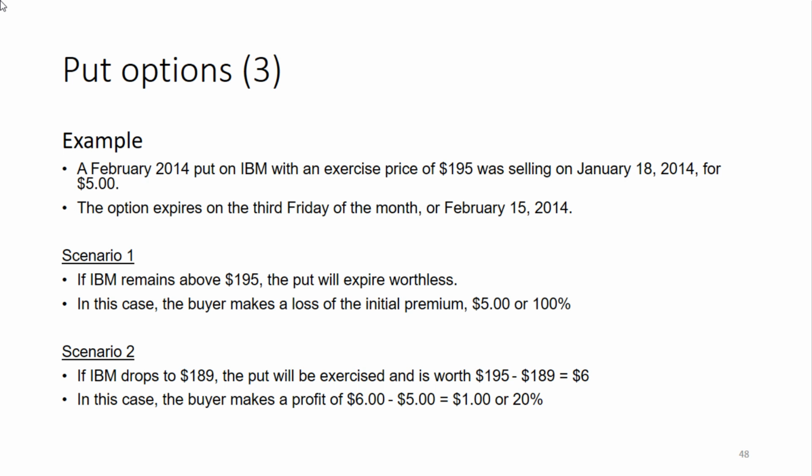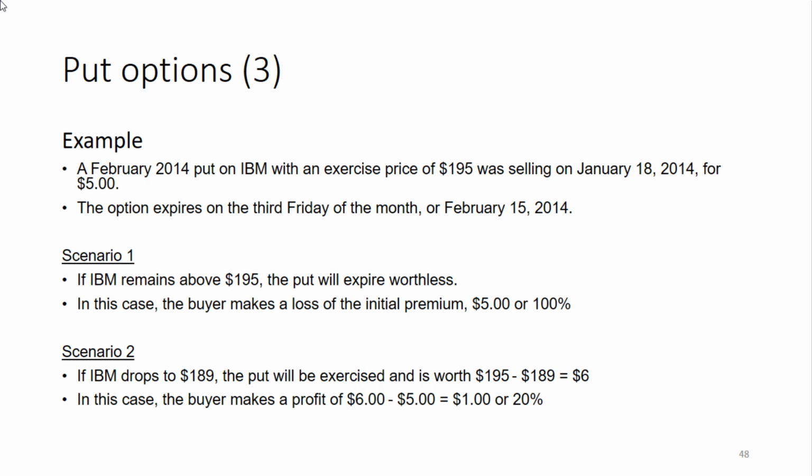And then again, there is usually cash settlement on put options, so it's not like he first needs to sell it against the higher price and buy it against the lower price, but that's immediately done by a cash settlement. So there will be a cash settlement of $6